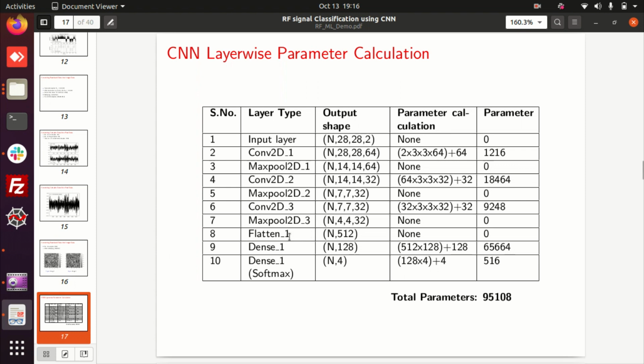Okay, flattening. Flattening is nothing but multiplication of all those things. So this many pixel values will be there. That will be your input nodes. Okay, so 512 is the number of input nodes. Till here, you are doing the feature extraction. After the feature extraction, here you are applying your neural network schemes.